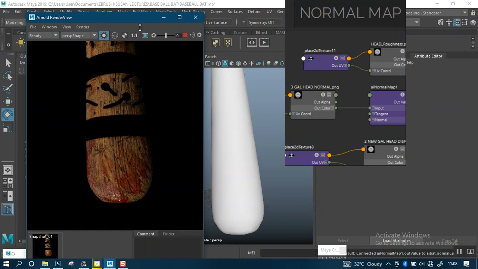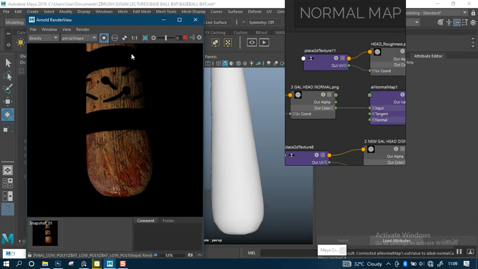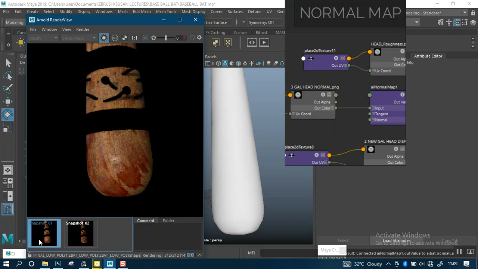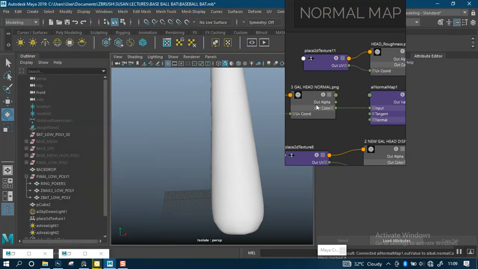Let me just minimize this again. So I take another snapshot of this and stop our render view. You can see the difference now. You can see the drastic difference after adding our normal map in there correctly with the AI normal node. Okay, that's fine. So now what we need to do next is to bring